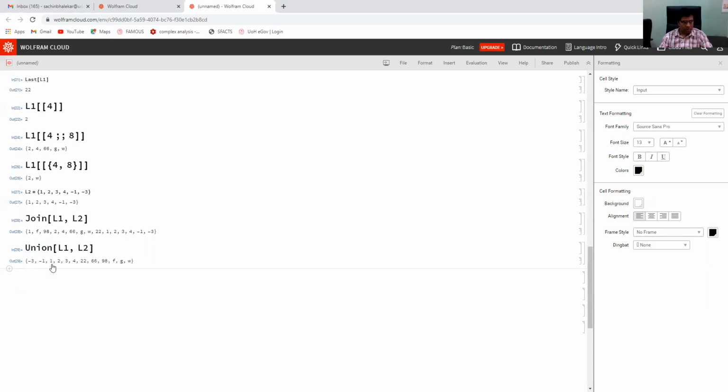What is the difference? When we consider union, then repetitions are not considered. Here, it is simply joining the second list to the first. So when the first list ends, it just appends the next list 1, 2, 3, 4. Okay, there are repetitions. When we consider union, then it is an ordered thing. Repetitions are not considered. It is the same union thing which we consider in sets.